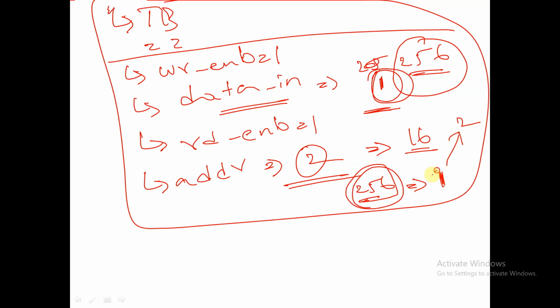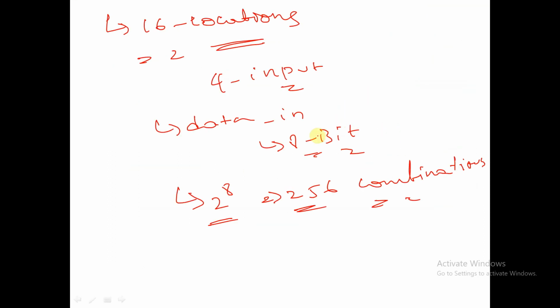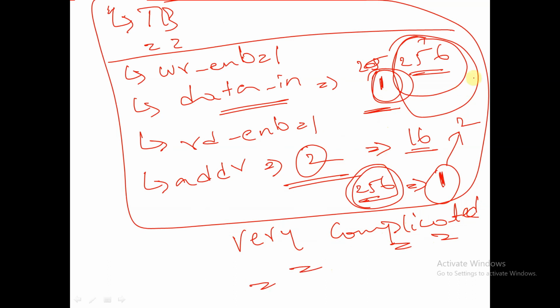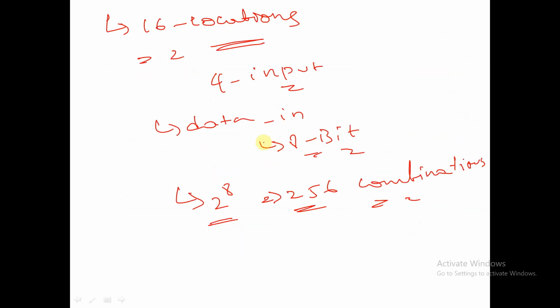So like this, you have a total of 256 combinations and a total of 16 locations. So there will be multiple combinations possible here. Writing the test bench for this many combinations is very complicated, and you cannot test these 256 combinations in the entire 16 locations. It is not at all feasible. So this is where a concept called dollar random